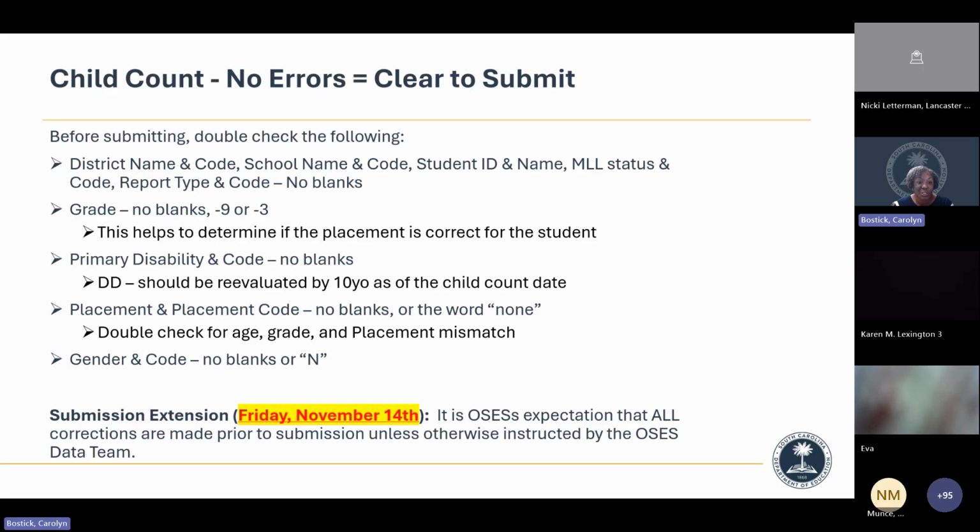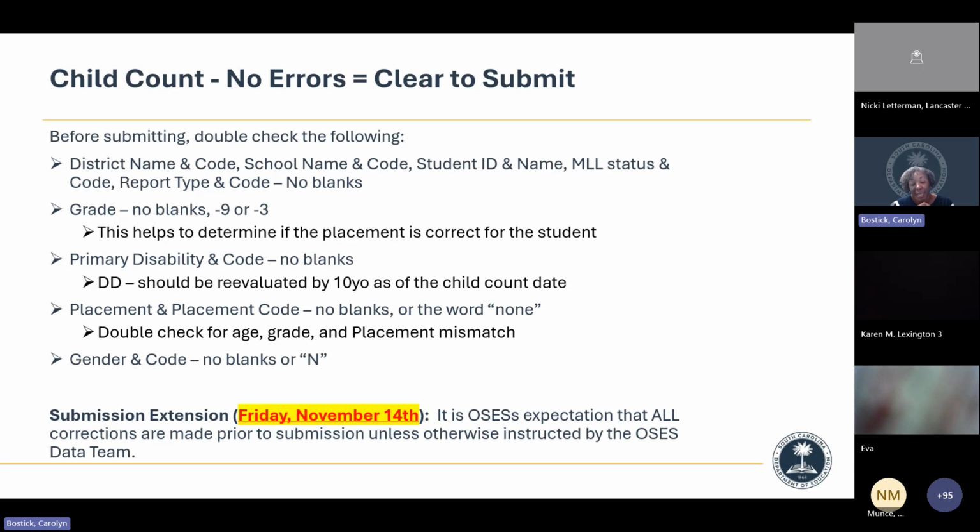Your grade level, just to remind you, no blanks, no -9s, no -3s or XGs. For primary disability, no blanks. DD should be reevaluated by the child count date, and the placement codes should not have the word none or no blanks as well. Okay.